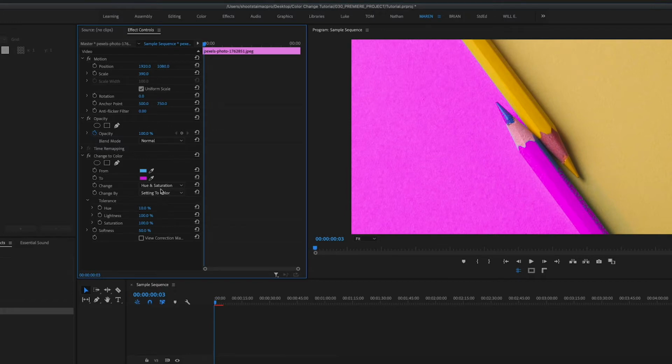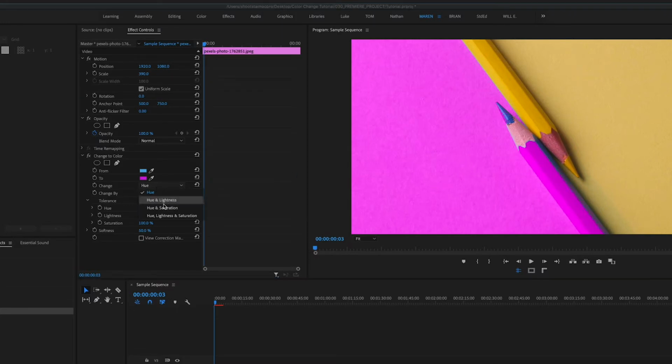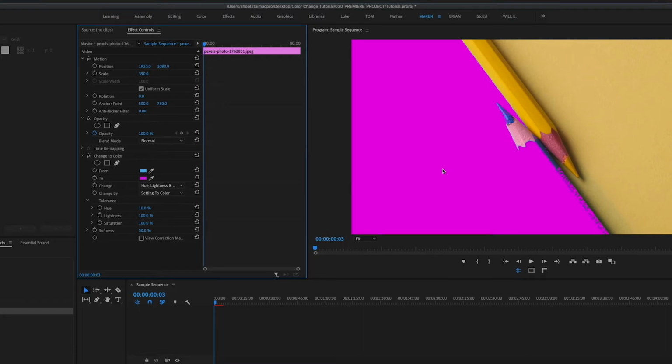Adding other effects like the lightness, you can lose a lot of texture. Comparatively, you lose a lot of the texture in the background. And then like this one, it's all gone, right? So you have nothing. You can't even tell where the pencil starts. So I might just stick with probably,